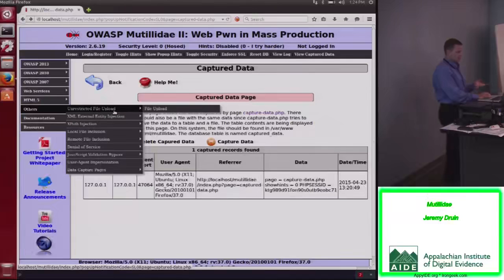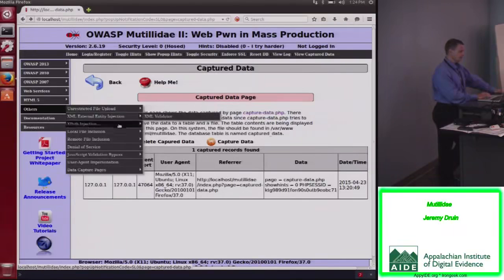So the unrestricted file upload was a request I got from someone, I think they just sent an email in on the support request and said, hey, can you add this thing in? And so I tossed that in there. A lot of stuff doing with XML, and